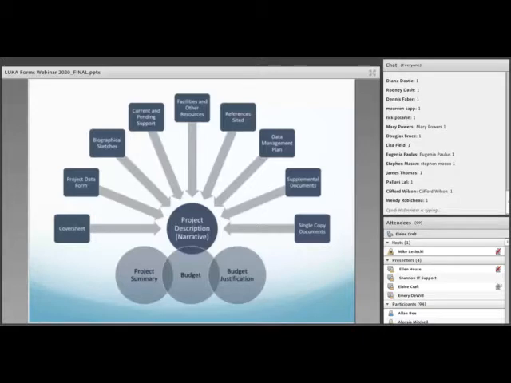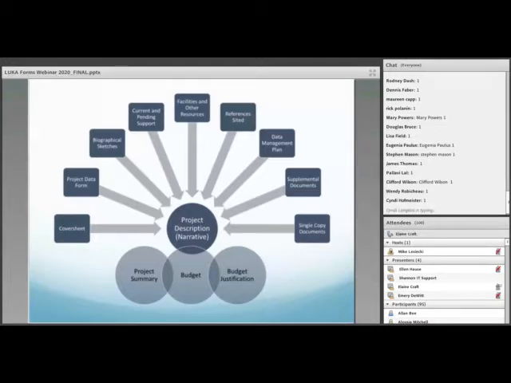First, I would like to give you an overview of what we will be discussing today. We will be covering forms and related documents that are required for all NSF ATE proposals. You can see from this diagram that the heart of any proposal is the project description. Some people refer to this as the narrative, and we may use both terms during today's presentation. The project summary is your elevator speech, so to speak, for your project. It is a short one-page overview of your project. Ellen will share some information about these two project components later in the webinar, but they are not our emphasis